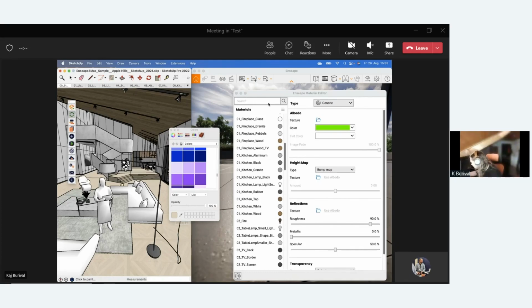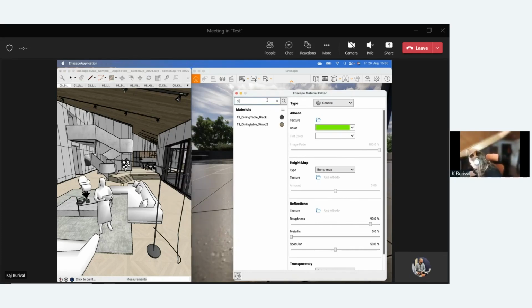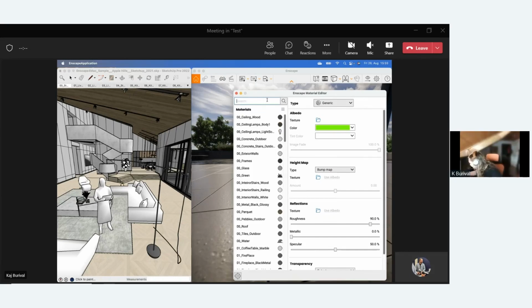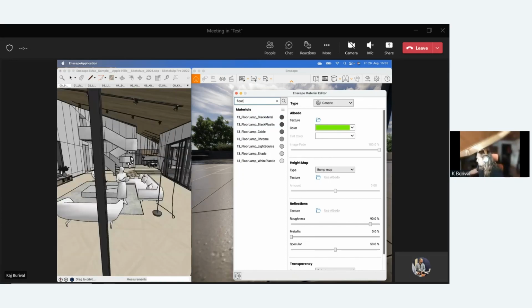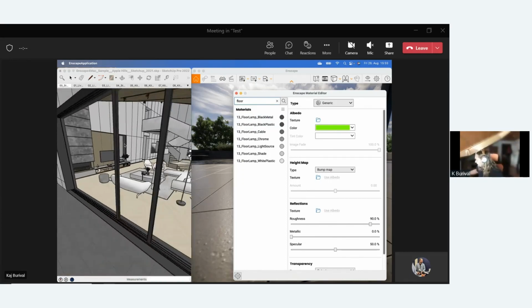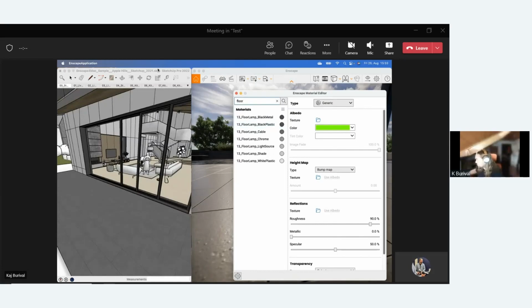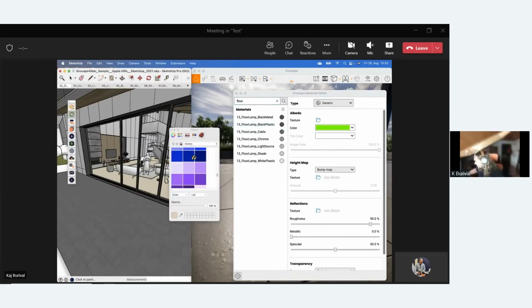Display P3, is that right? No, apparently not. Let's see, we should have something. We can of course use the search in this material editor, and yeah, it's not a floor material. So you know what, let me just create a new material and show you how well those materials are being managed in Enscape anyways, because you're creating the materials, you're naming them, you're changing them on the SketchUp side. Once again,